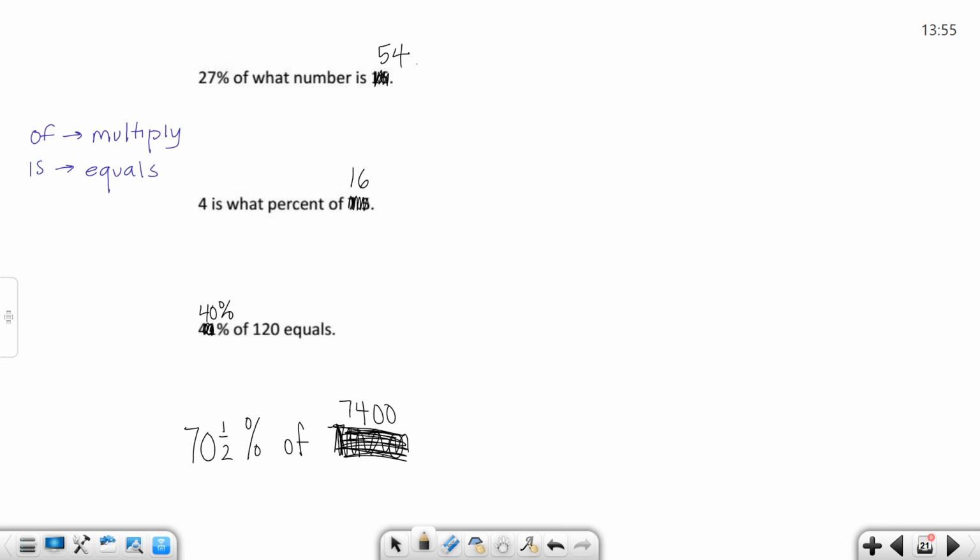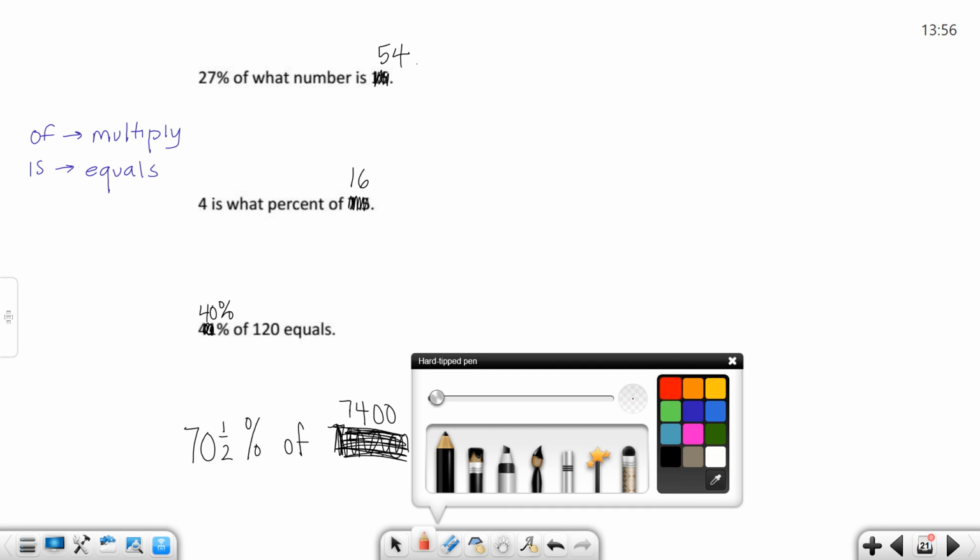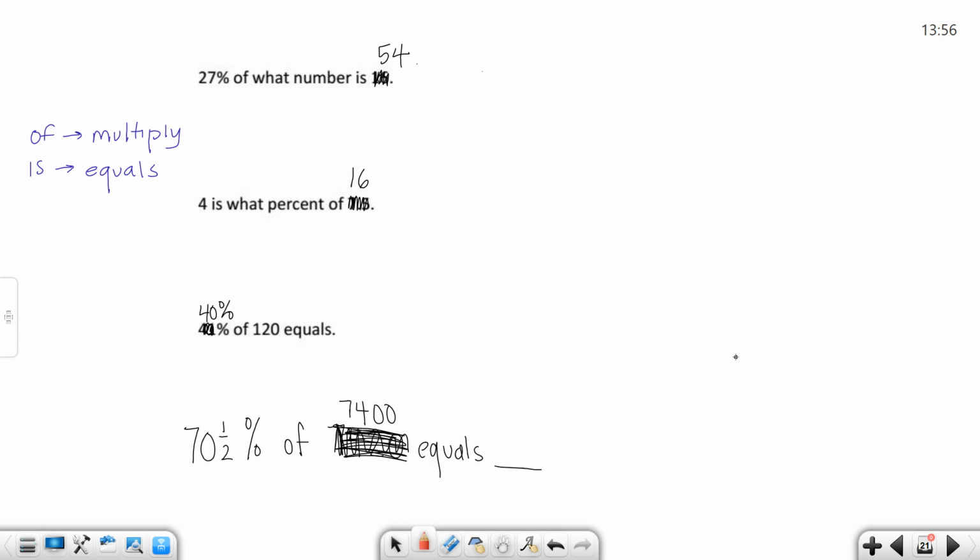4 is what percent of 16. 40% of 120 equals what? And 70.5% of 7,400 equals something. Okay, so these are going to be a lot more manageable. So in the first one, I ask you for 27%